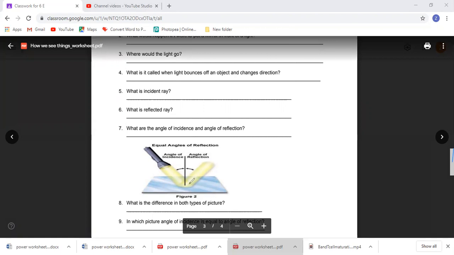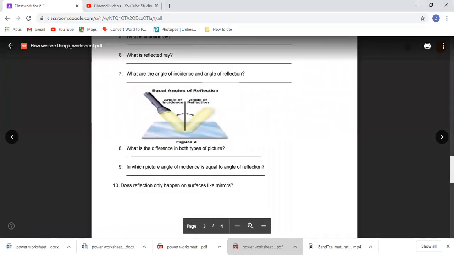So let's just make this. You're going to place your protractor like this, right? And then you will start measuring from here till here. Just like that, you will place your protractor over here on this incident ray, and then you will start measuring the value from here till here. So let's say if over here you see 20 degrees, then this angle of reflection should also be 20 degrees.